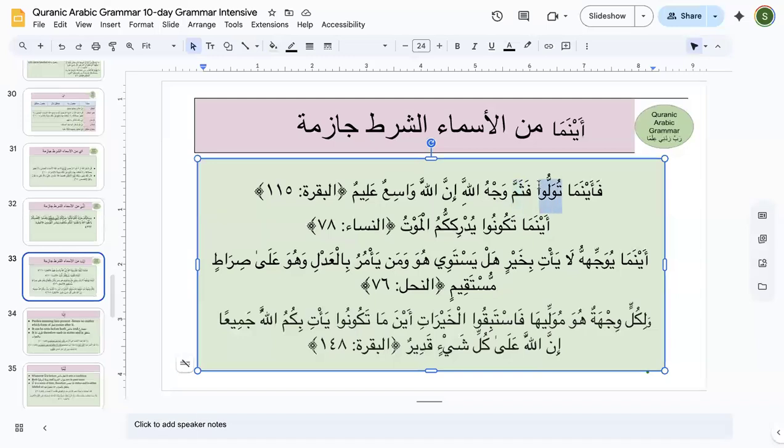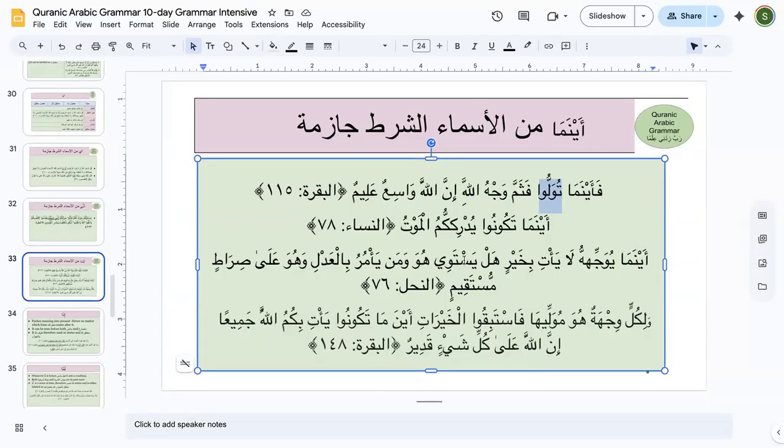Tuwalluna became tuwallu because of ainama, which is adwatu shart jazima. Adwatu shart jazima, as my slide says, it makes tuwallu. It has made tuwalluna into tuwallu, and fasamma is a zarf. So what should we call this zarf? Wajhu is going to be mubtada. Allah is going to be majroor bil idafa, majroor lit ta'zim bil idafa, and samma, if it is a zarf, is going to be labeled as muta'alliq bil khabar, guys, right? You call it muta'alliq bil khabar.